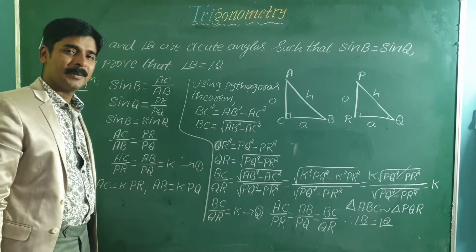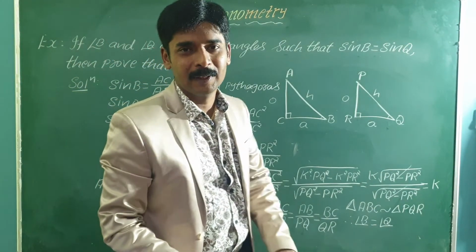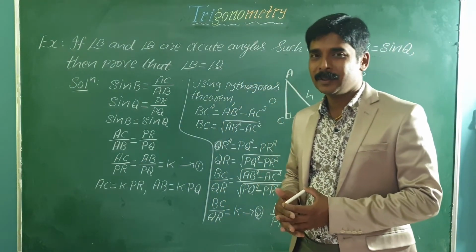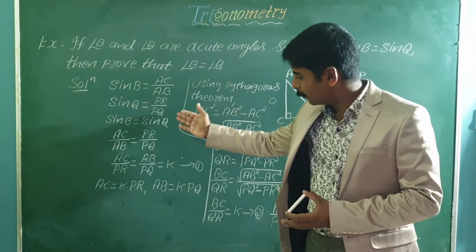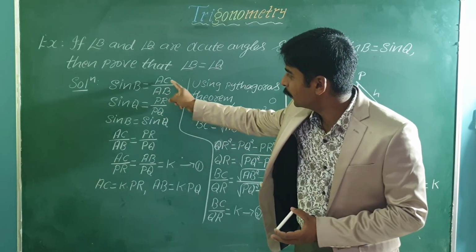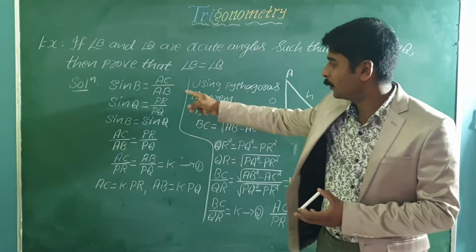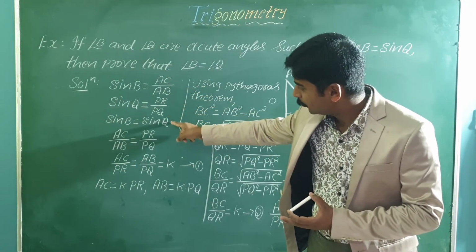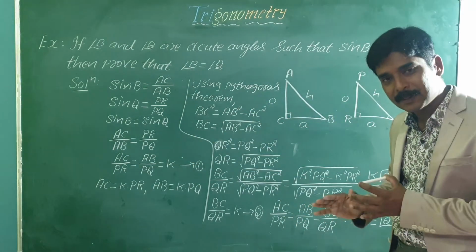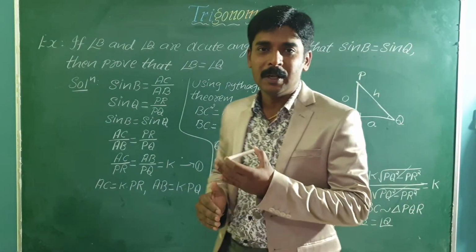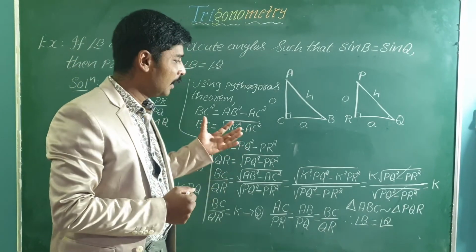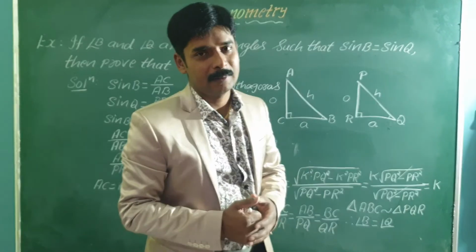This is how you have to solve this problem. In all the "show that" type of problems, what you need to do is, first, you must read the problem like this, by understanding each and every step. When you write sin B equal to AC by AB, you must know how you got this. Second step, you must understand how you wrote this, how you got this. Once you have read the problem like this by understanding each and every step, then you must try to write the steps without seeing. And once you understand, you need to practice it by writing 2 or 3 times.